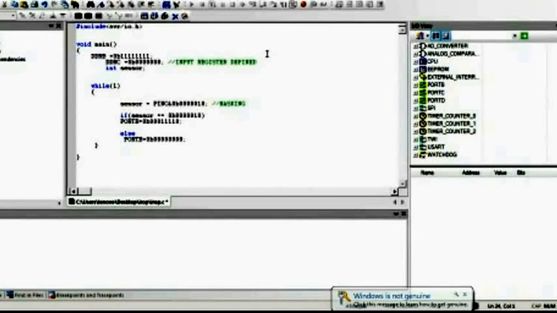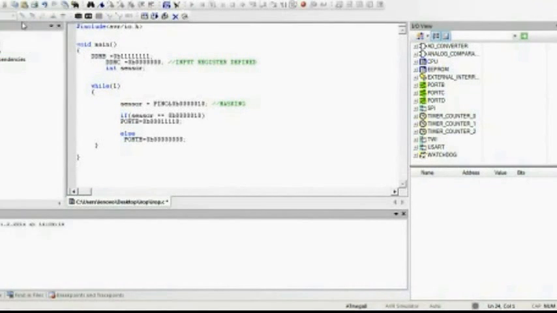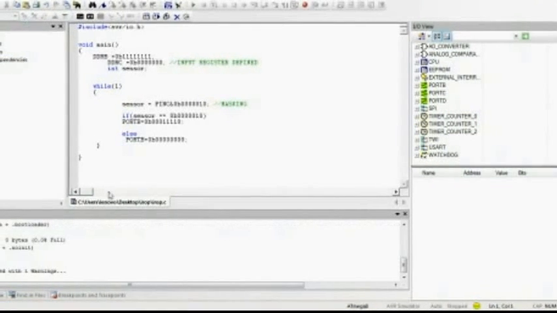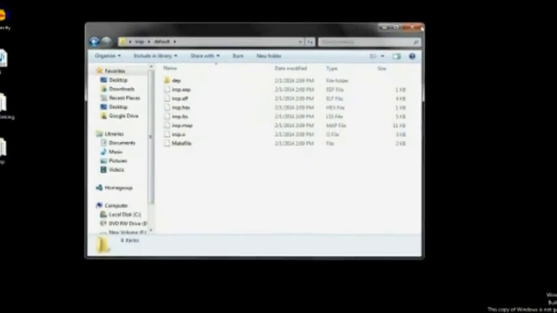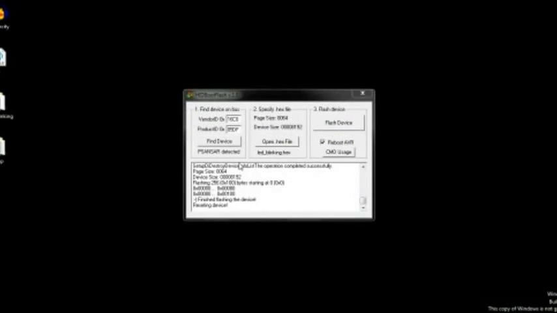Okay, here is the program. Once again, I build the program. I go to my desktop. I see IR output folder with the default and the hex file over there. I click on the tool. Once again,